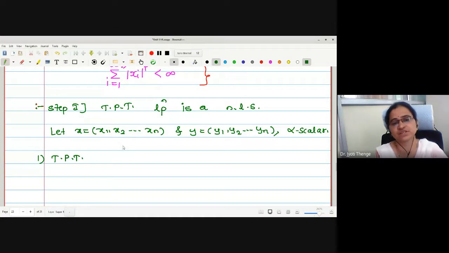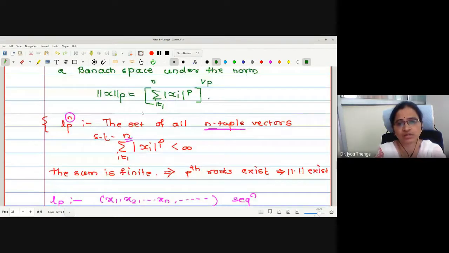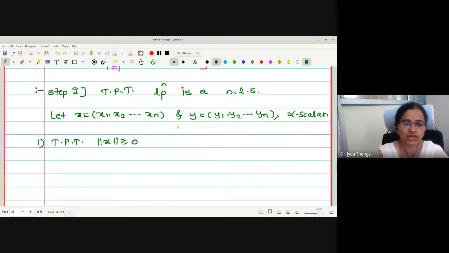What is the first condition of norm? Norm is greater than or equal to 0, yes, non-negative. Now let us look at this. May I say this is a sum of all non-negative terms? What about P? If P is equal to 2, it may be positive, negative, but we were accepting positive values, or rather I will call it non-negative. Whether non-negative values exist or not? Yes, they exist. So here one can write obviously. Okay. Number 2.